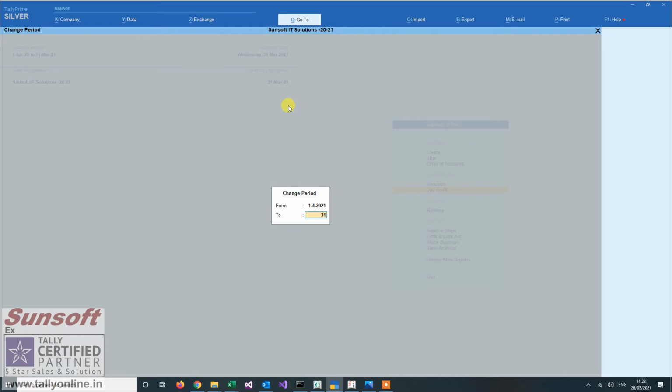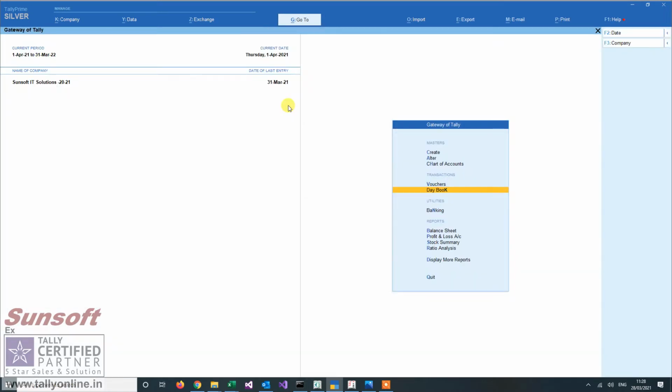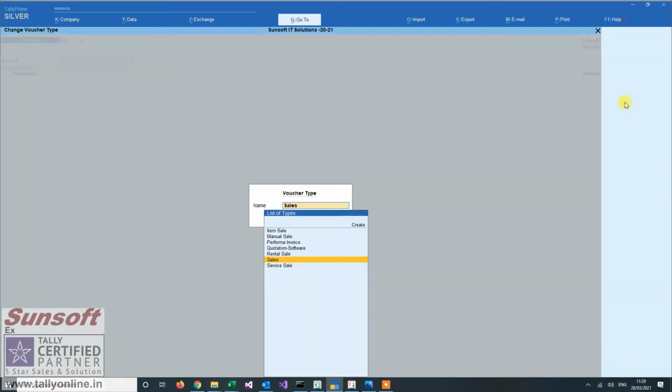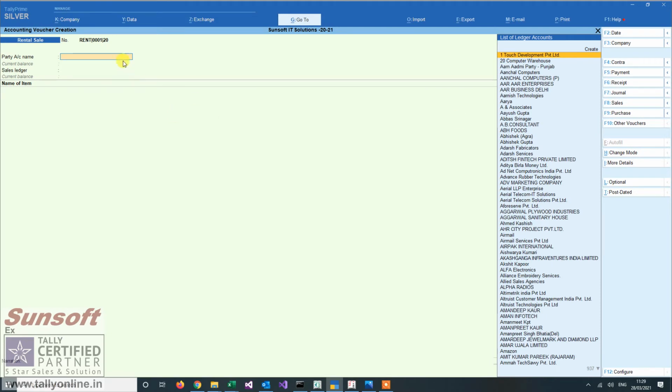1/4/2021, and when I start entering vouchers, any voucher I can start posting. Now in case of invoicing, when I'm billing, in my case there are voucher types and certain bill numbering also going on. So my suffix and prefix doesn't change. This is financial year 2021 coming, and I am ending it with year slash 20.